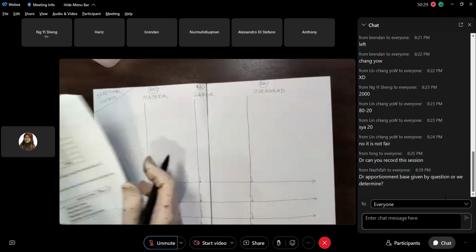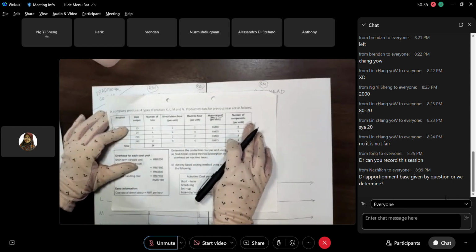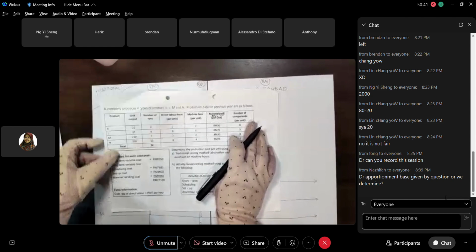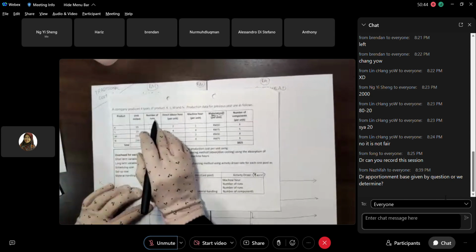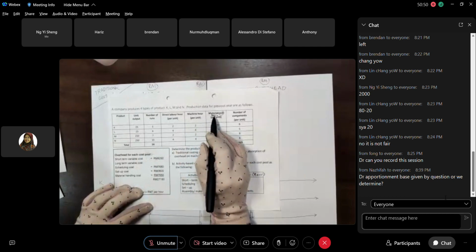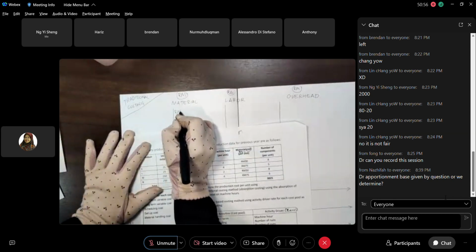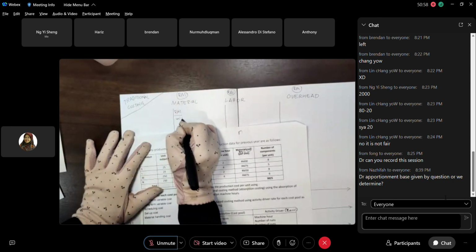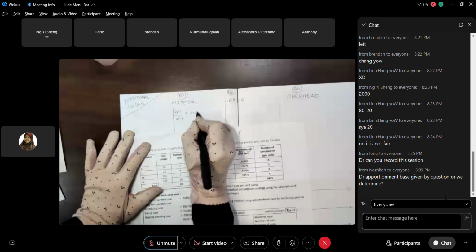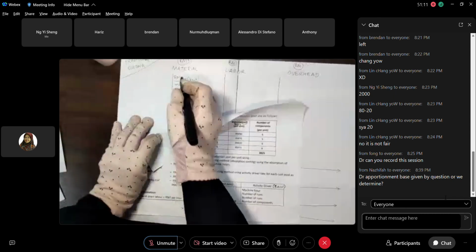Okay, look at the data. Material. Where is material here? The data has unit output, number of run, direct labor, machine hour, material cost. So you have data for material cost here, cost per unit. So material is RM per unit. You need to make it as RM, right? So you have to multiply by unit. So you have two things here, RM per unit and unit. Then you get the RM.